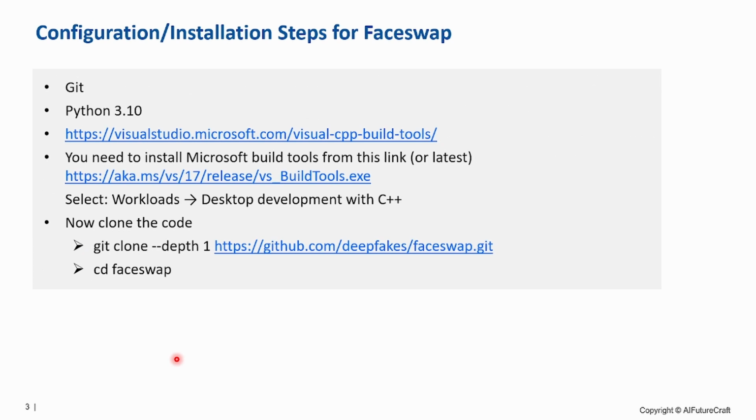Let's talk about how to configure faceswap on a local Windows machine. Before installing on Windows, we require a couple of software. First, we need Git to clone the repository. Then we need Python 3.10. And then some essential software from Microsoft that we can download from this particular tooling. Once we configure the essential software on Windows, we have to clone the code from the faceswap repository. After cloning the code, we have to go to the directory,